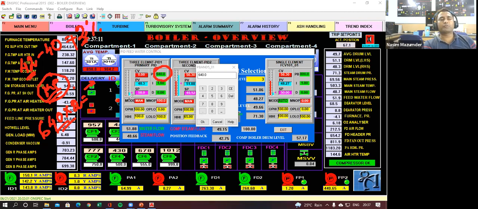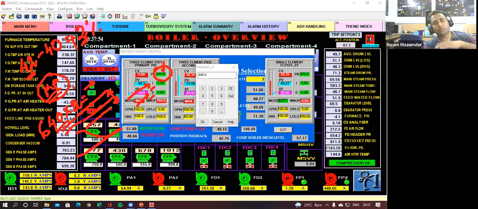For that purpose, you have to set your I time or D time, which will give you a smooth curve to minimize the error, to maintain coming to 0. Otherwise, it will be fluctuating within a band. This band you can minimize by increasing the process band, but it will not always be steady. It will go say 2% or 4% error on the higher side and once again on the lower side. So to do this, you have to use either I or D or both I and D.